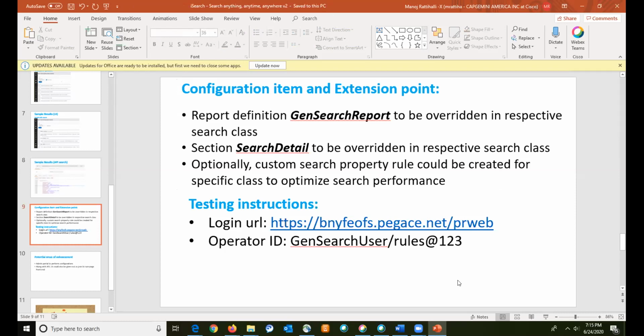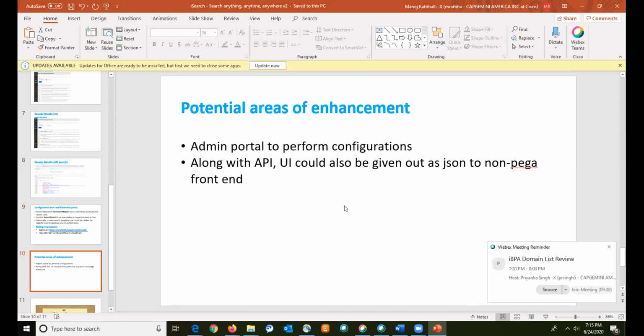Now for the Pega Hackathon purpose, we have developed this on the community edition. We have your login URL shared as well. And the property settings are everything already there. All that you have to do is log in with the user ID and password given here, and you can test it yourself.